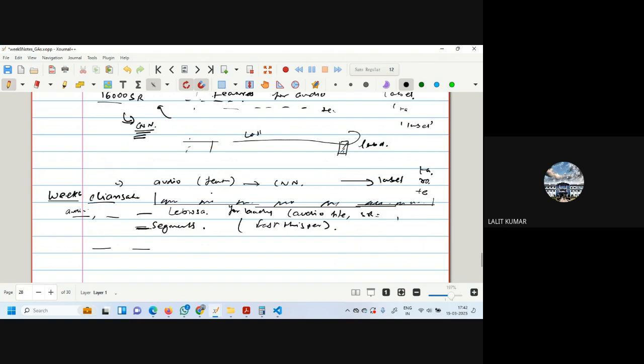Once we have got these segments, we compute the embeddings of these segments. With these embeddings, we have two parts. First is to make the clusters.